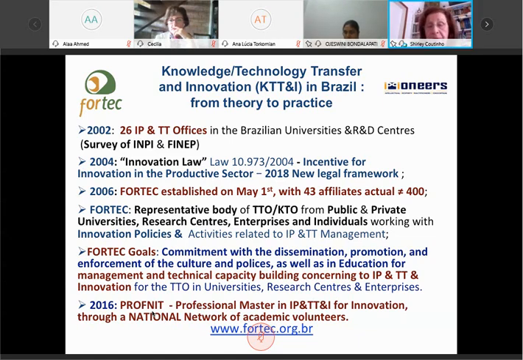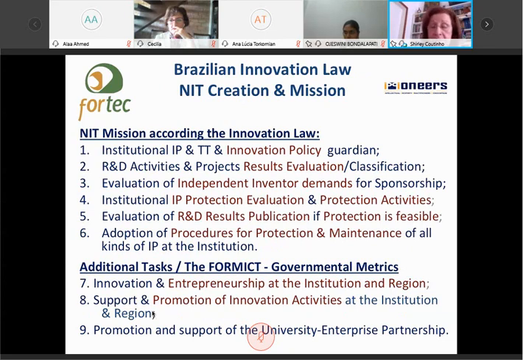But afterwards, because of the lack of professionals capable of leading with this question, FORTEC started a professional master's degree, and I'll show you the impact. This technology transfer officer mission, as we already mentioned, is already known, so it's not necessary to take care of those issues. And this is the situation: the distribution of the TTOs associated with FORTEC. The last measurement was in 2018, and we are counting again, but it's around 400. And the master's degree is spread all over the country.